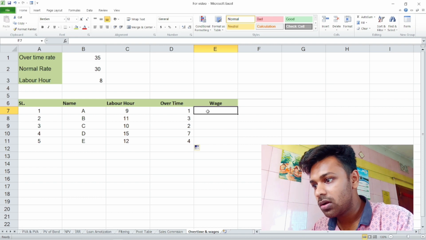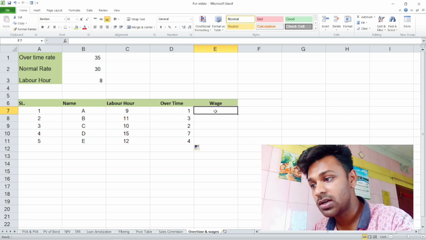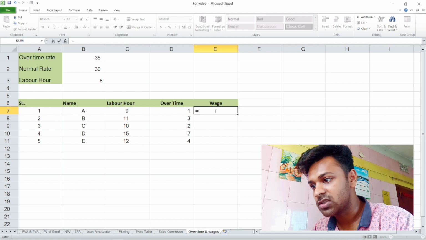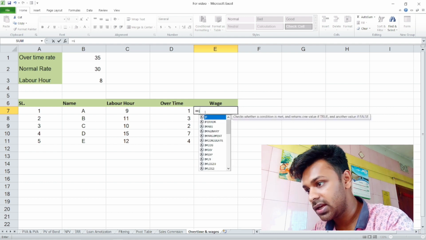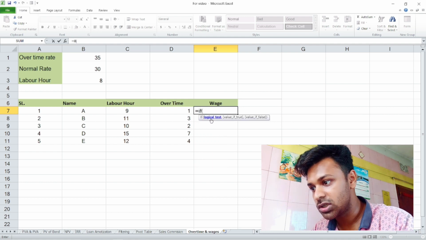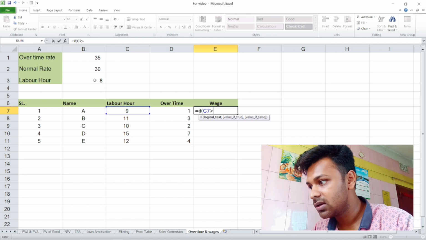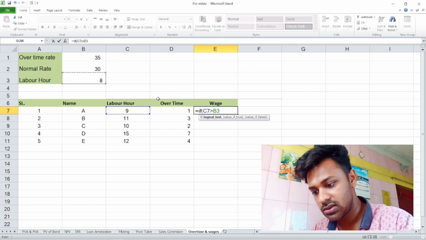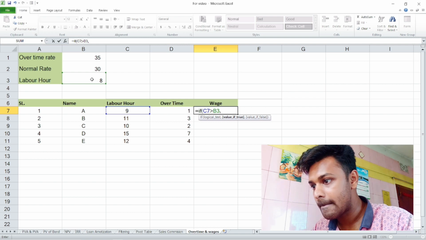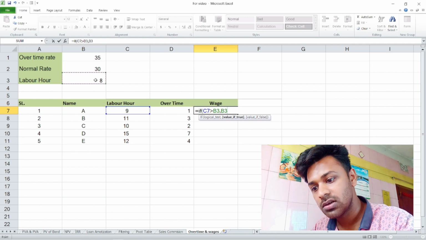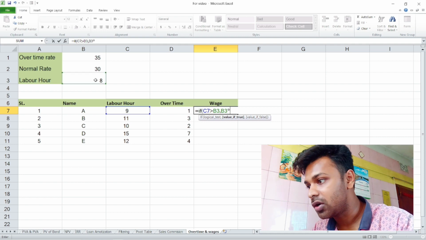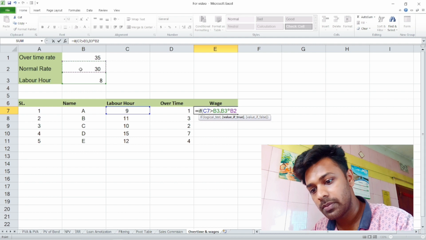Now we will calculate the wages. How to do it? First of all, equal sign, then IF, then bracket. Logical test one is: if labor hour is greater than this, then the answer will be normal labor hour into normal rate plus